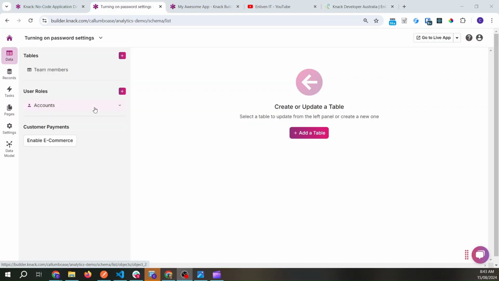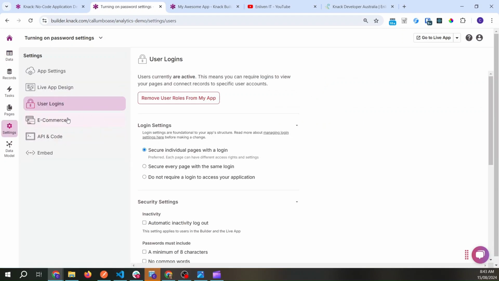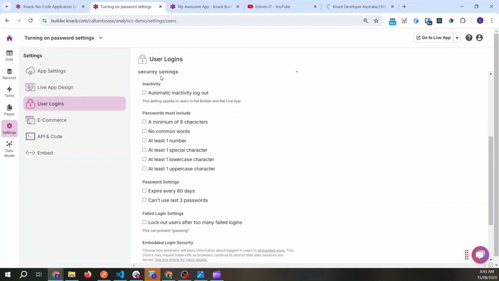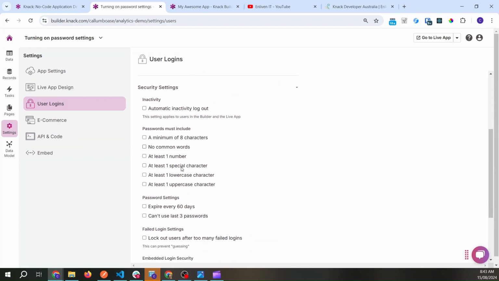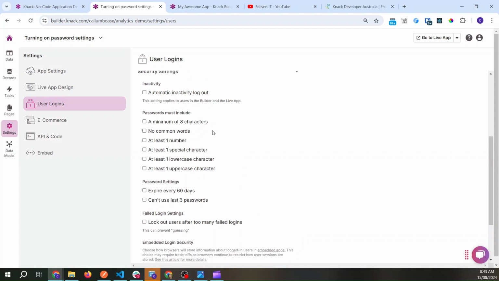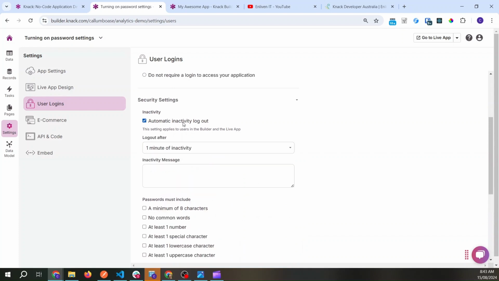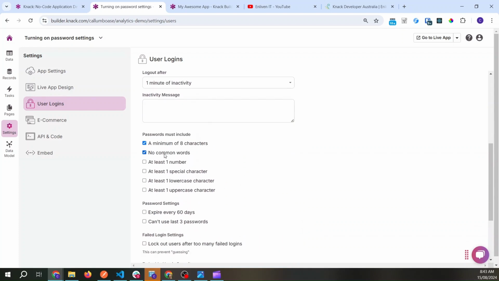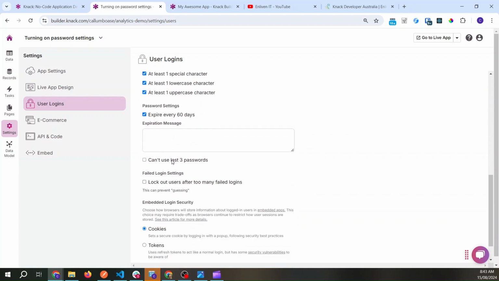Okay, so let's get into it. I'm in a Knack app. It has user roles and user logins enabled. And in the settings, if you go settings, user logins, there's all these security settings here. They come by default off, but if I start enabling them, let's say I'm very security conscious and I want everything enabled, I can see here that a lot of them come with a message that I need to